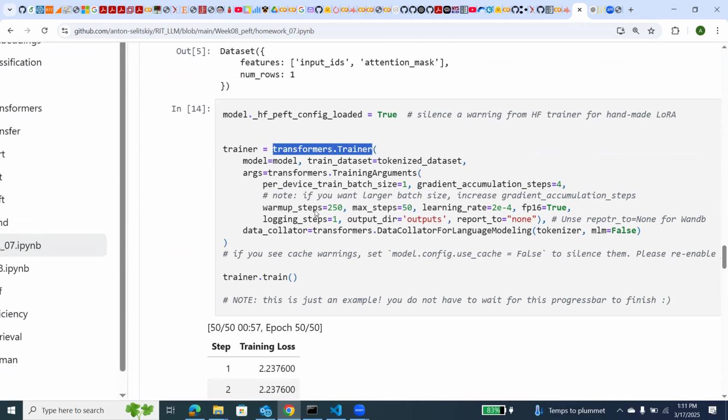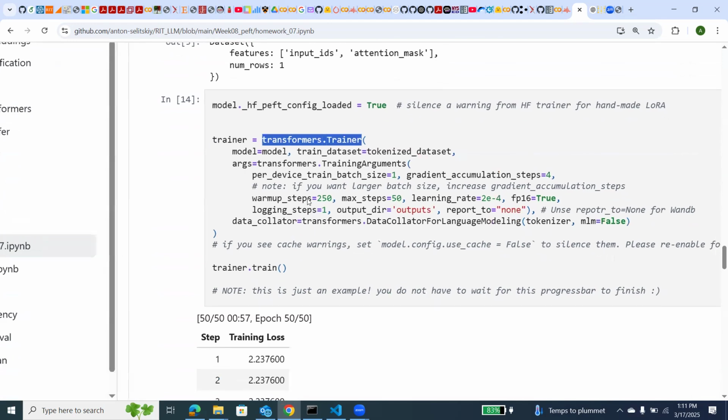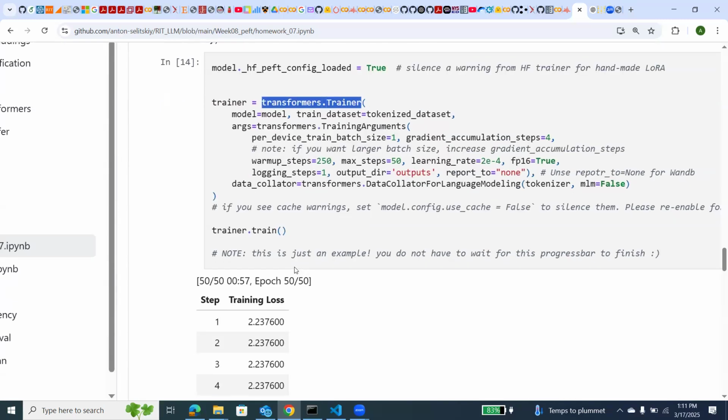As you remember, in training large language models, we first increase the learning rate a little bit and then decrease. So instead of writing your own training loop, you can use trainer.train, and it will